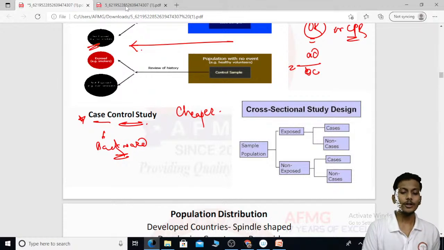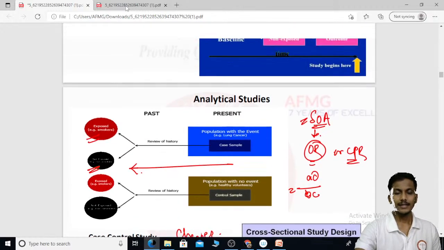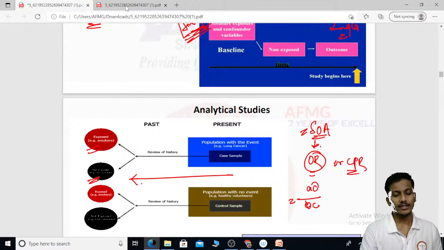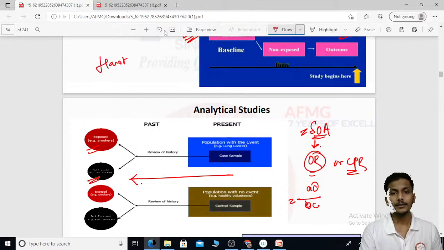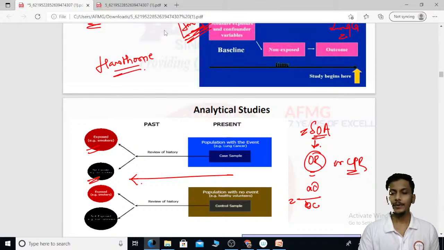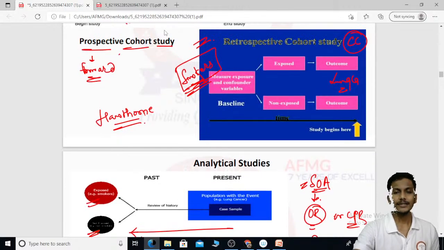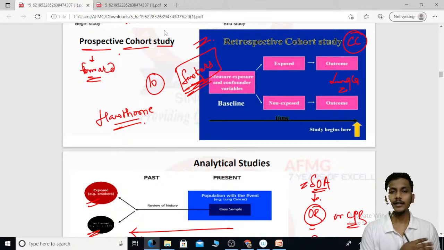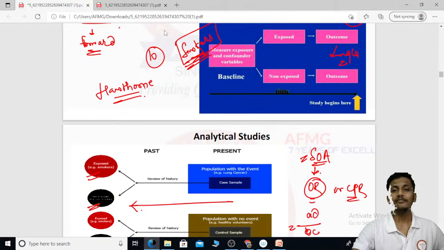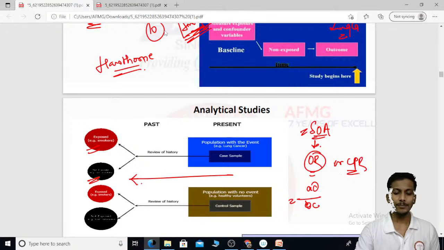So whether it is the Hawthorne bias or the recall bias seen in cases of cohort study. Please remember, in cases of, yes, very good Komal, it is your Hawthorne bias. So what do we mean by Hawthorne bias? For example, you are taking 100 people who are smokers for your study, but out of them, like 10 people fall out, 10 people quit smoking in the course of the study. Without informing you, without any prior notice, these 10 people just fall out of the study or quit the behavior, and this is known as your Hawthorne bias, which is usually seen in cases of